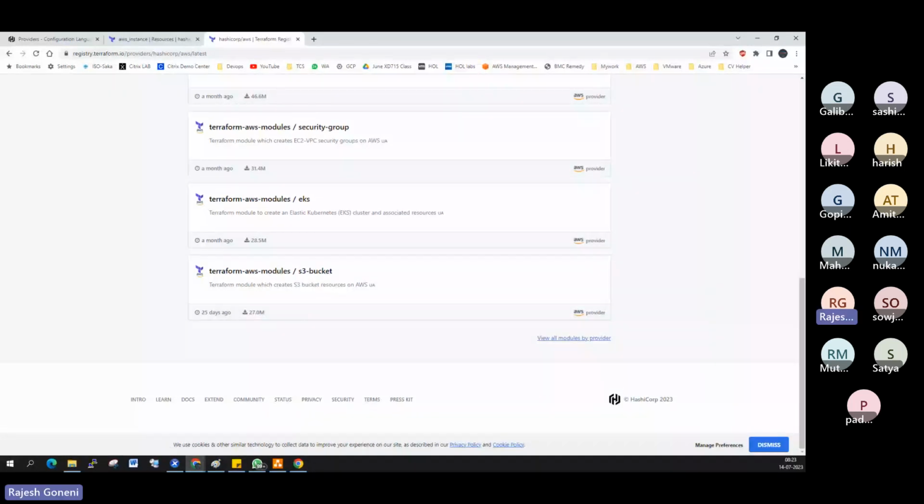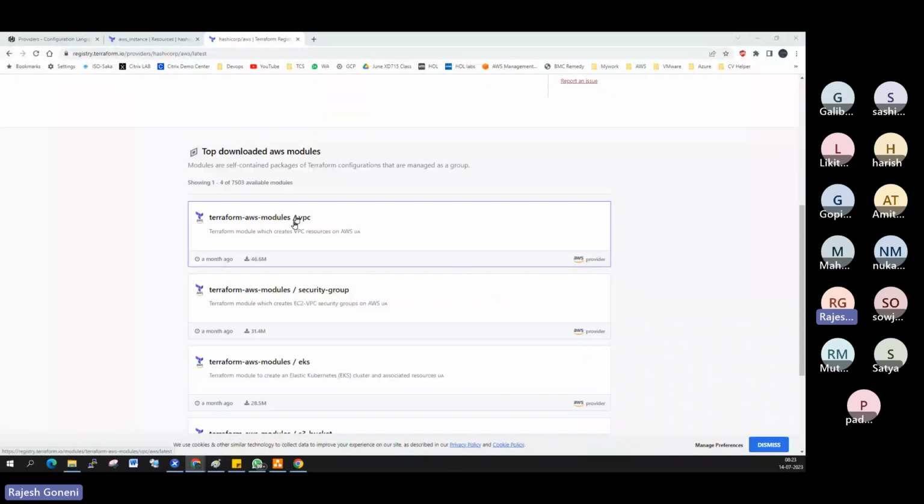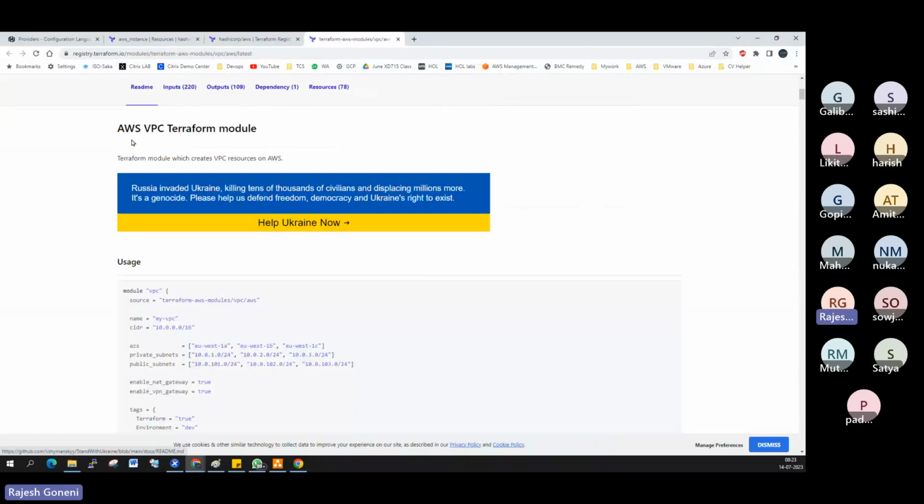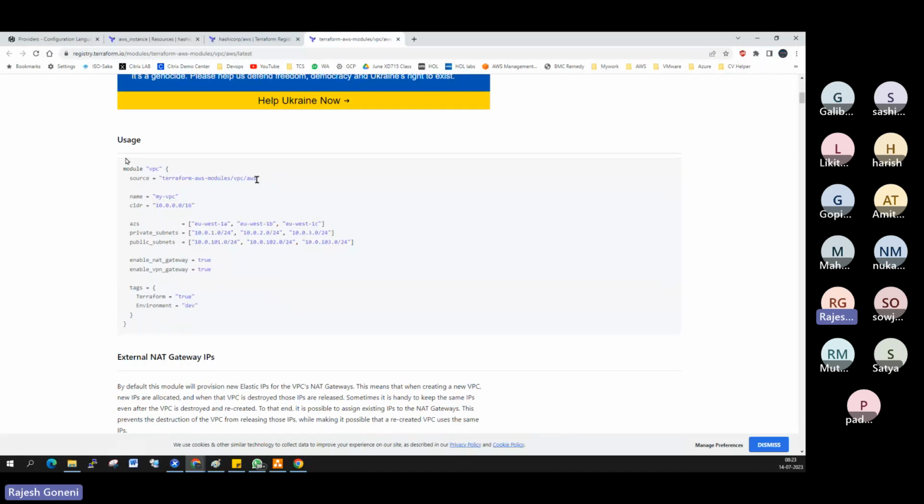Let me explain. I hope you have an idea about a VPC. I'll show you how the VPC environment is set up. Now you can see this AWS VPC Terraform module. You can take this usage syntax, the complete code, and implement it in your Terraform code, and you can start